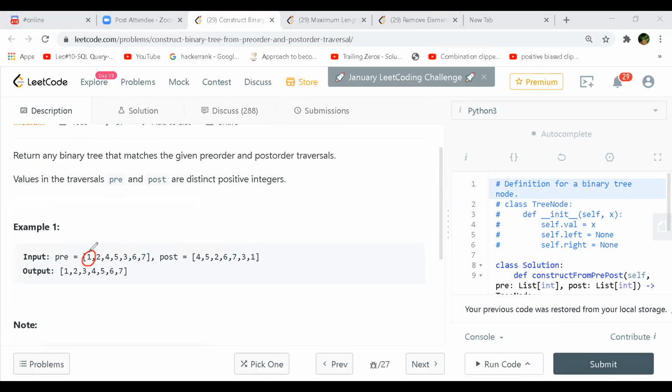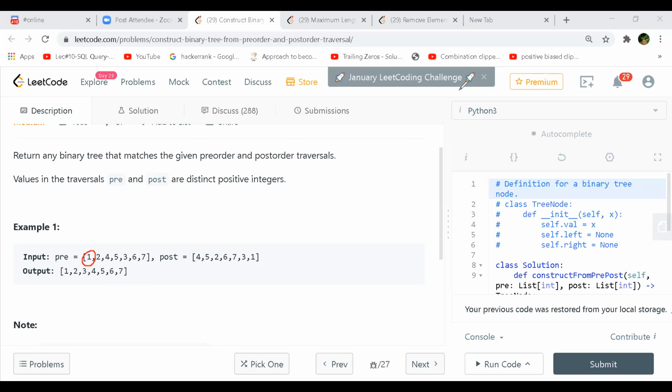Yeah. And recursively then we can, but with a pre and post we can't get a unique tree, right? One in-order should be there, isn't it? There could be multiple answers, right? Okay. How can it be?